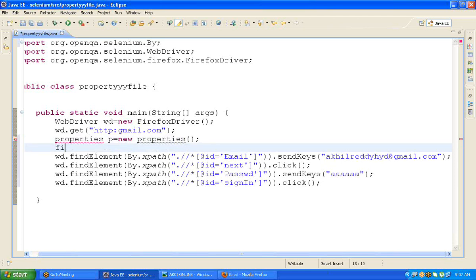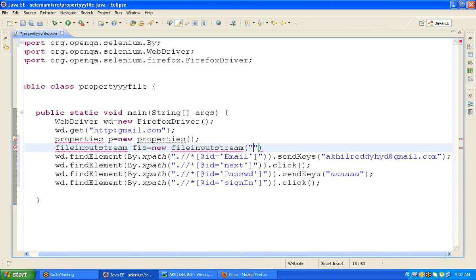Next, FileInputStream fis = new FileInputStream, and just give the path of the property file.